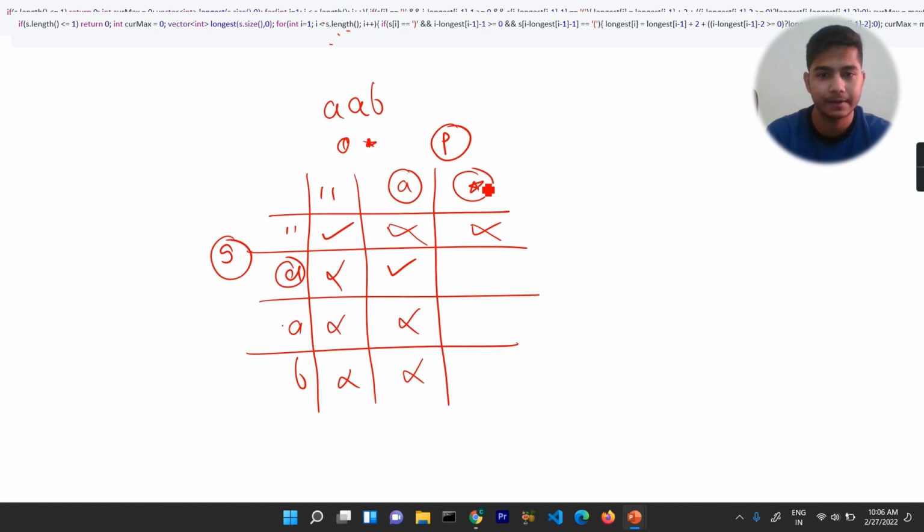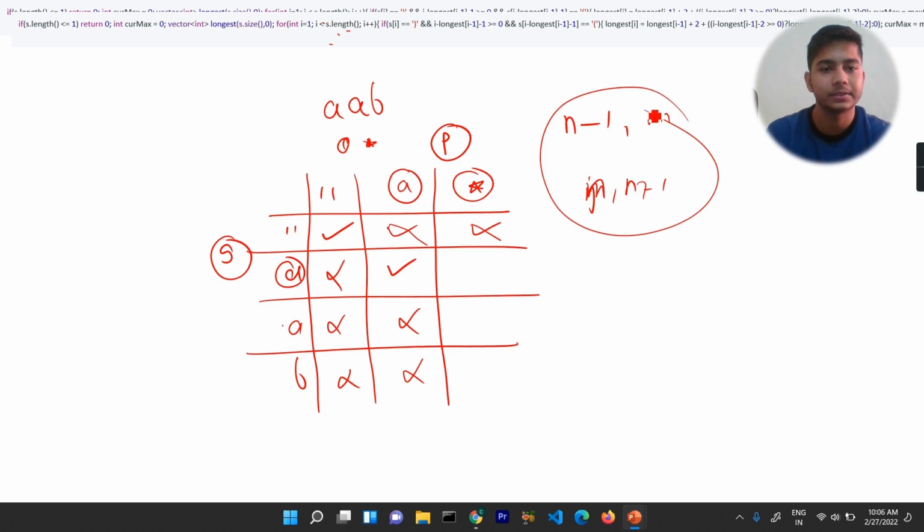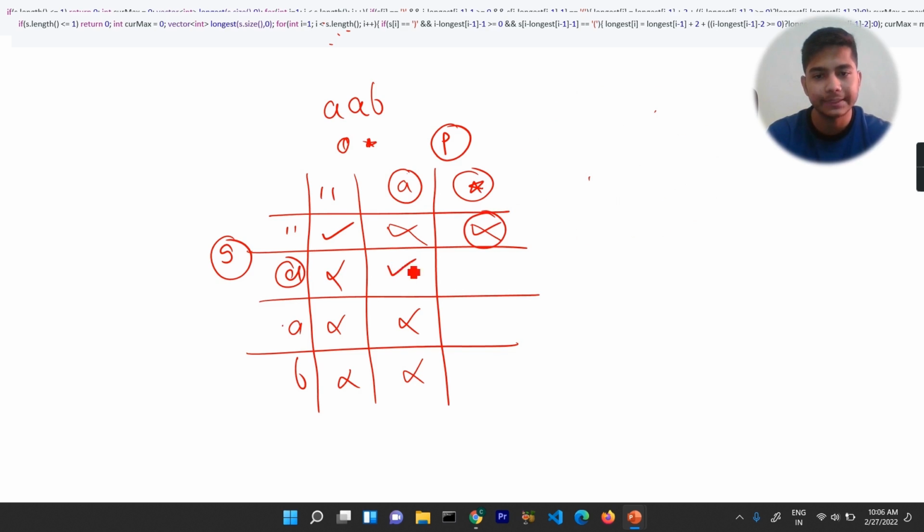Now in the case of star, what you have to do, you have to check OR for (n minus 1, j) and (j, n minus 1). Means (n minus 1, m) or (m, n minus 1), right? So this was the base. So basically what you have to do, you have to check OR for this one and this one. So it is true,